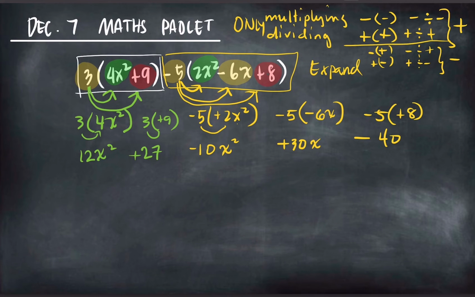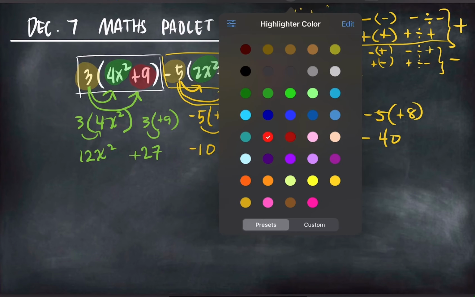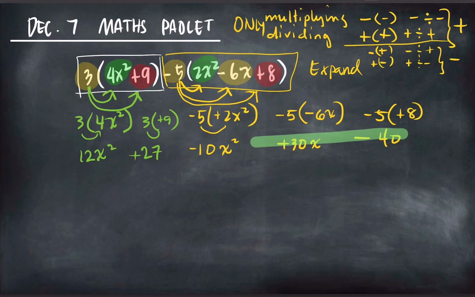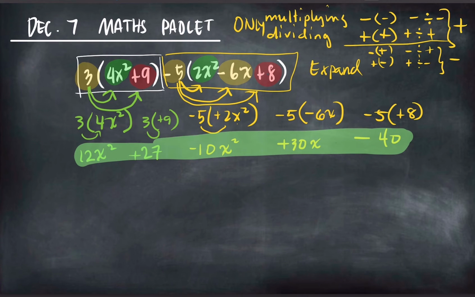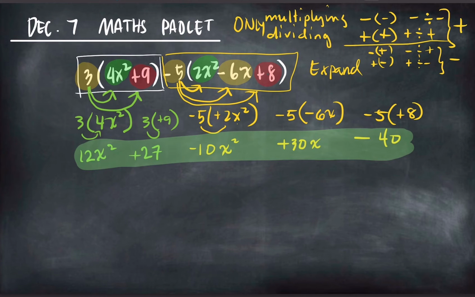Okay? So this is the expanded. Okay, let me highlight the expanded in green. So this is the expanded. Okay? So now look at it. Can we simplify? So what do I mean by simplify? To simplify